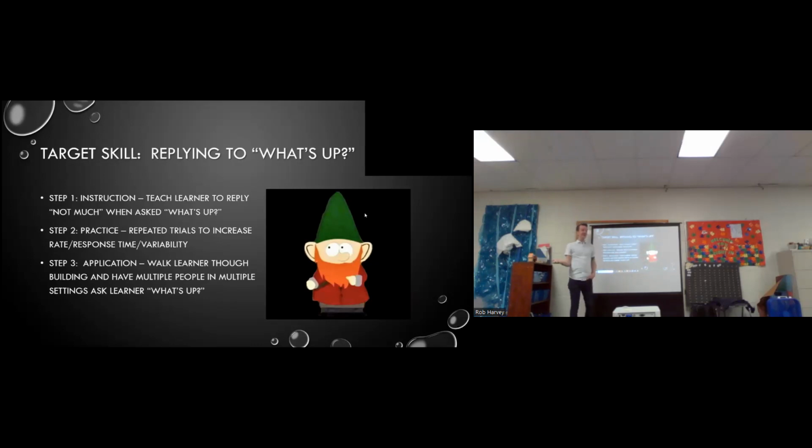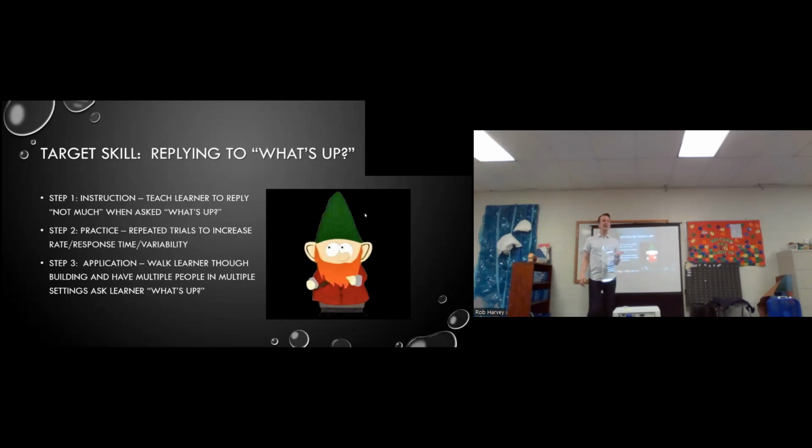So the first thing I want to do is teach until it's accurate. So I teach Lindsay. I can use a known skill. She's got a echoic. I say, what's up? And then I say, nothing much. Nothing much. What's up? Nothing much. Nice. And I keep practicing it until she needs no prompts. And then if I sit down at the table and I say, Lindsay, what's up? Nothing much. Excellent. She's got it.